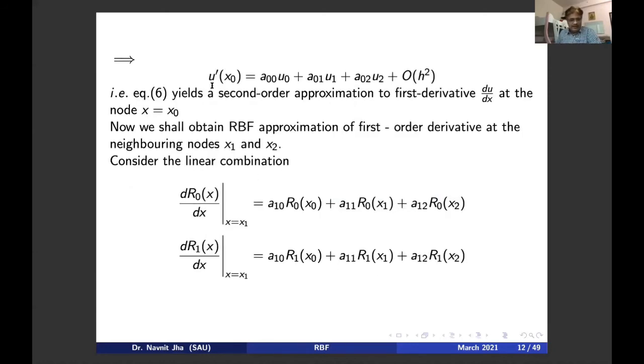So this is what I have discussed, that the first order derivative is giving you second order approximation at the point x naught. Now we are going to find the RBF approximation for the first order derivative at the neighboring points. That is, the neighboring nodes are basically x1 and x2. The neighboring nodes of x naught are x1 towards the right and x2 towards the left. So here, exactly on the same line,